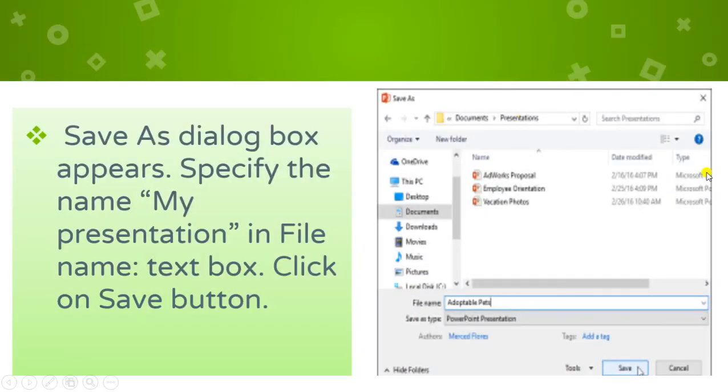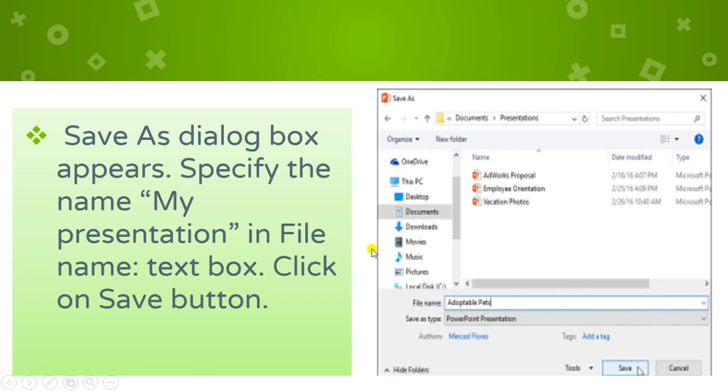After this, a box will appear like this, and this is your dialog box with the name save as. The box which appears with that name on the top is called the save as dialog box. You can select the location. You can see my cursor.